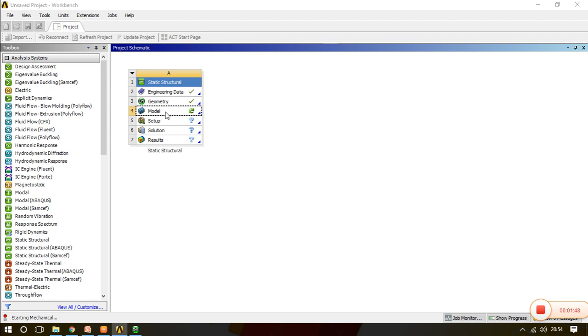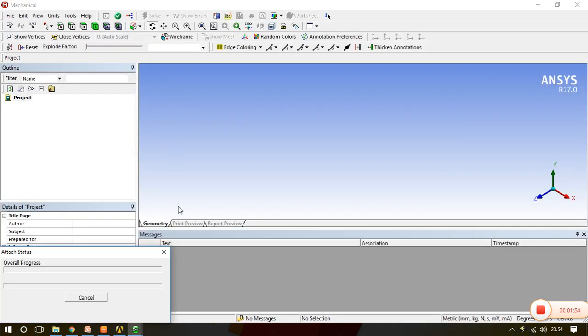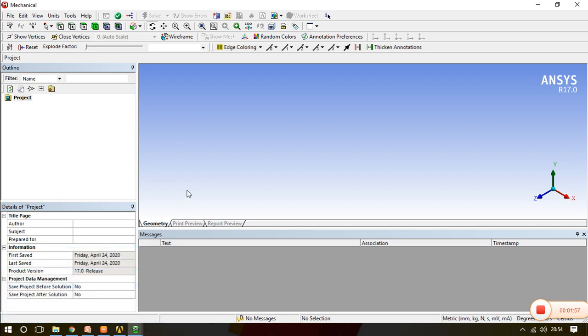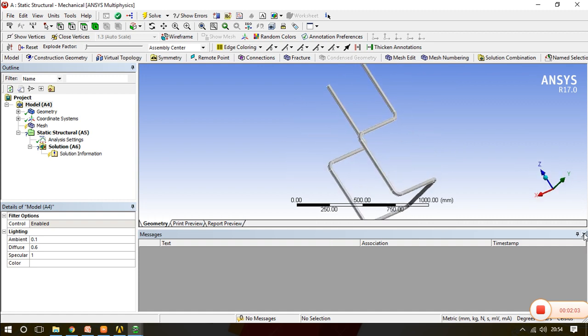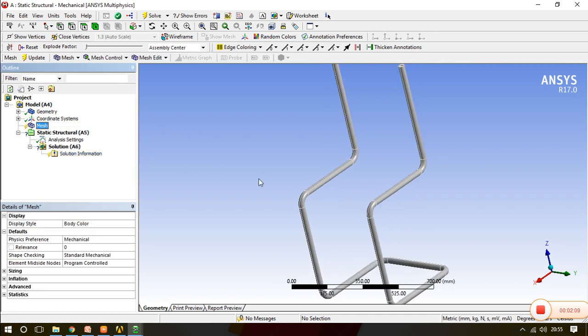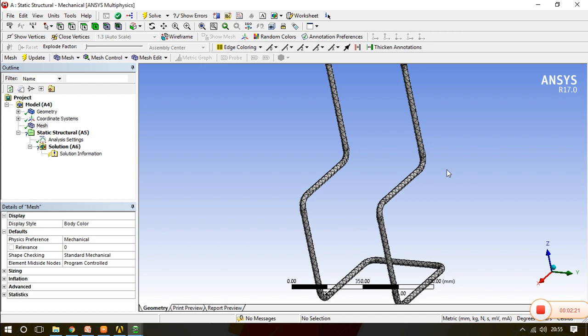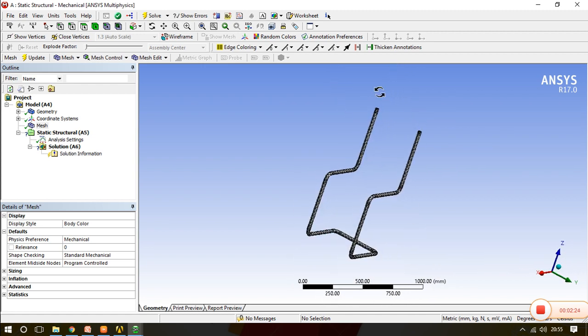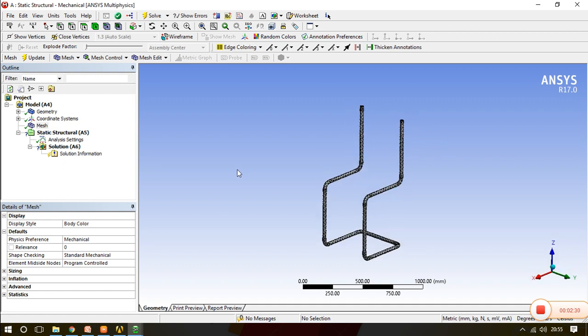The important thing which we will learn from this video is how we need to think about the boundary conditions, or how we can give the boundary conditions according to the problem. So here we have the frame. Meshing will be carried out as 3D. Now this is the standard size of any chair that we have taken. So we have the meshed frame with us.